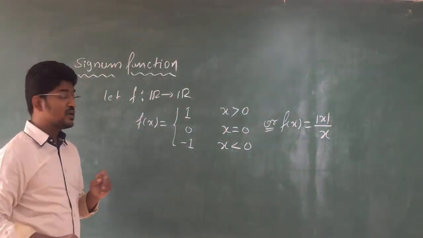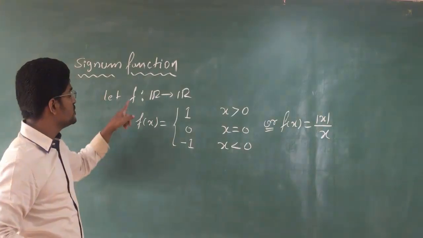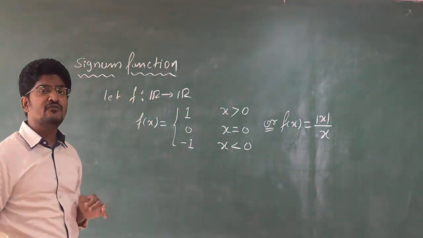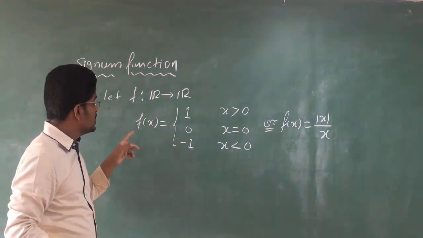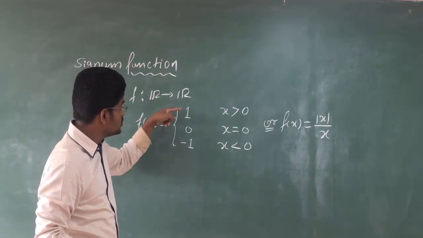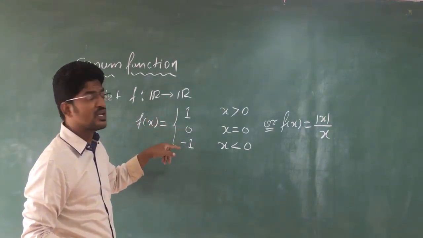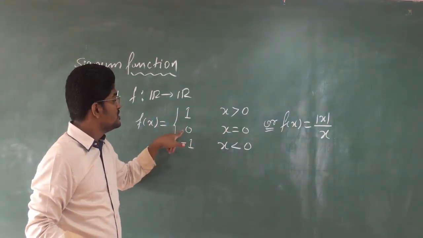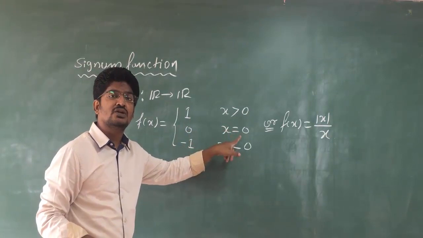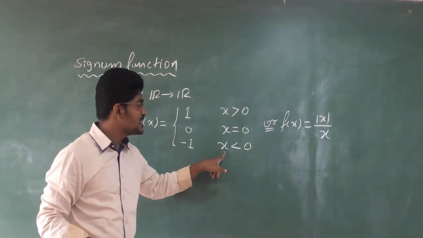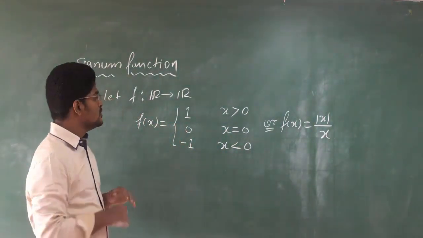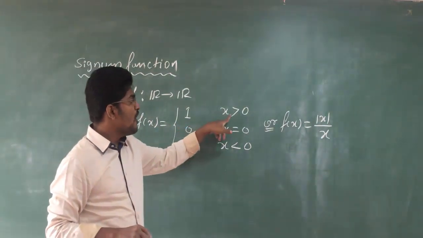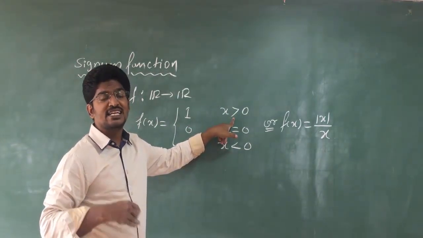What is the meaning of this f of x? So f is from R to R, the domain is the real number set, the codomain is the real number set, and the signum function is defined as f of x equal to, in three branches. What is your first branch? 1 whenever x is greater than 0, 0 whenever x is equal to 0, minus 1 whenever x is lesser than 0. Clear? So by solving this, what we understand here is that for all positive real numbers, that is greater than